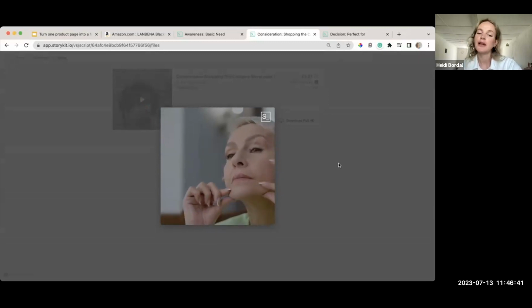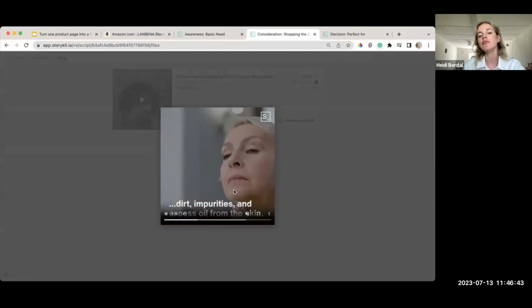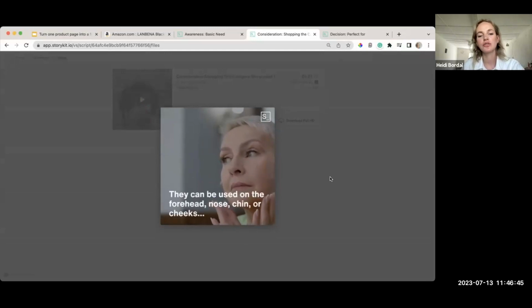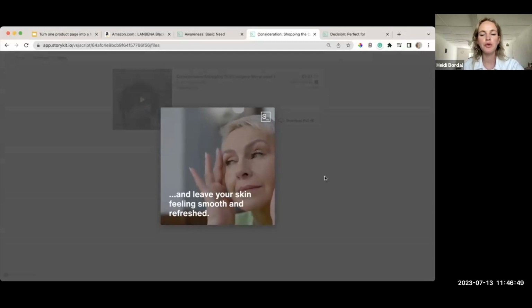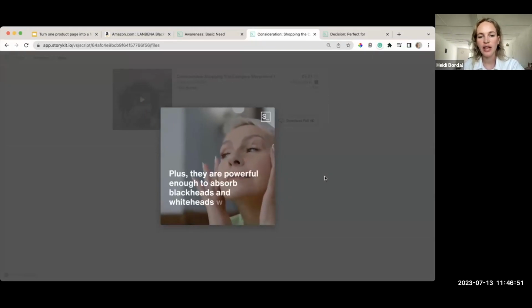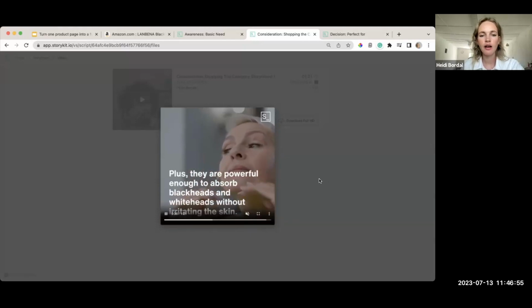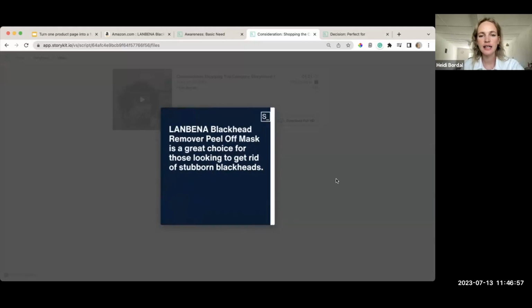So I just picked out my favorites. Here's the simple slide, of course. She looks super happy with her skin, thanks to using this. Powerful enough without irritating. This is the swipe